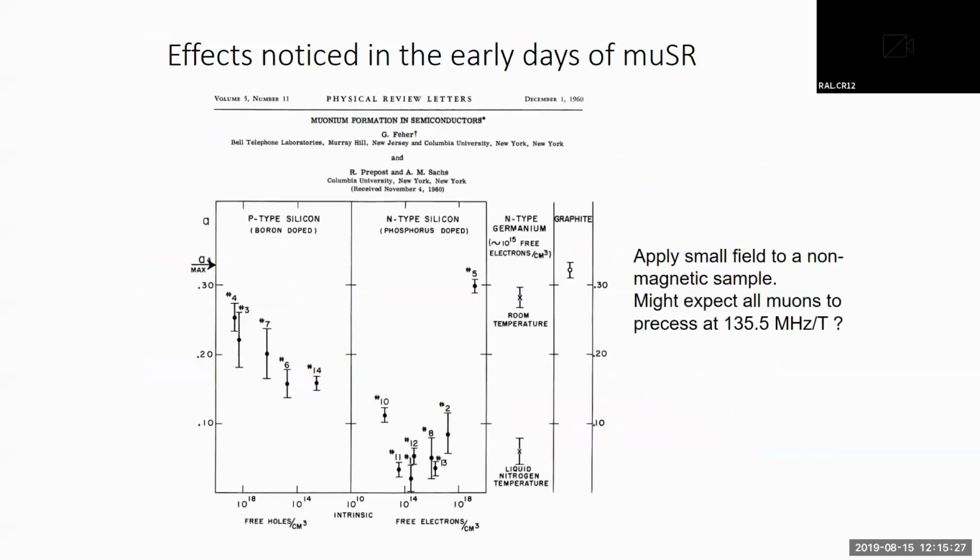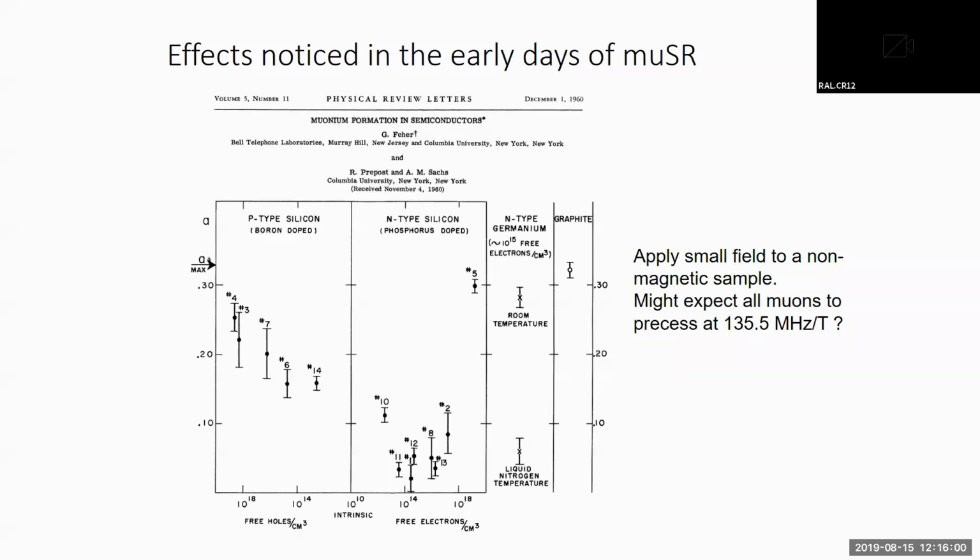So semiconductors have a long history in μSR. People did them back in the early days, since 1960. Not long after muons were first generated in particle accelerators, people thought they would put them in semiconductor silicon with different doping, P-type and N-type, and they found that the apparent amplitude of the oscillating signal from diamagnetic muons was varying as a function of the dopant level. And they compared that with germanium, and with graphite, which is basically a fairly good quality metal.